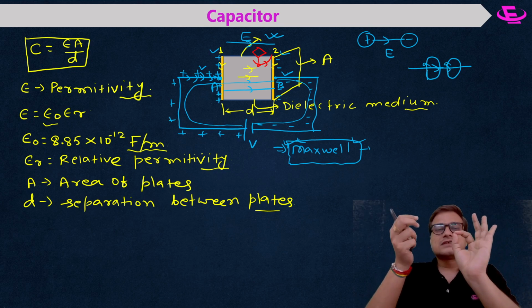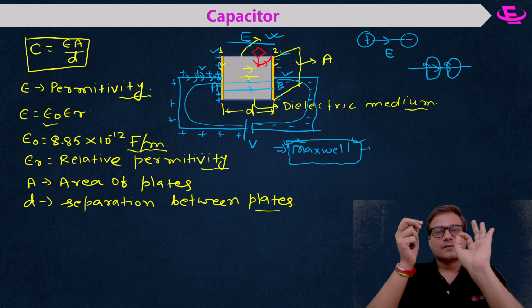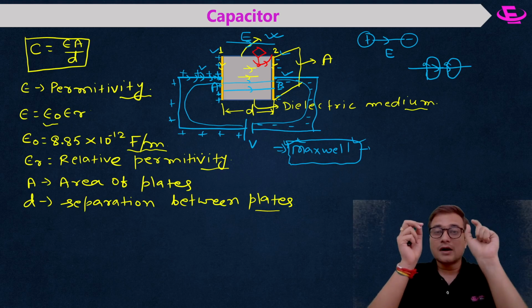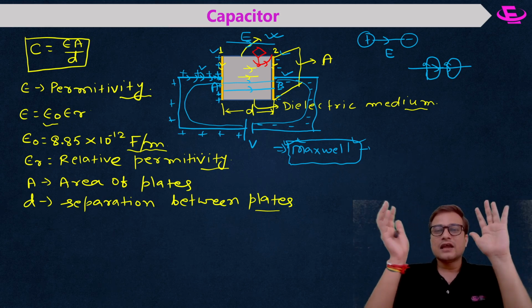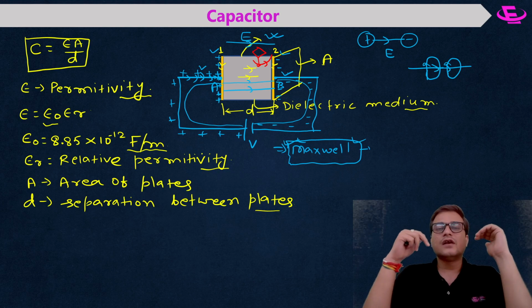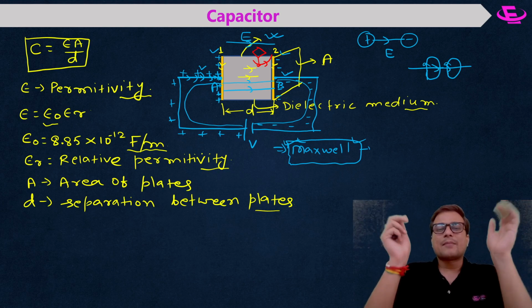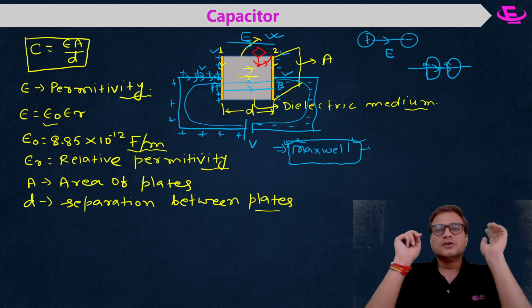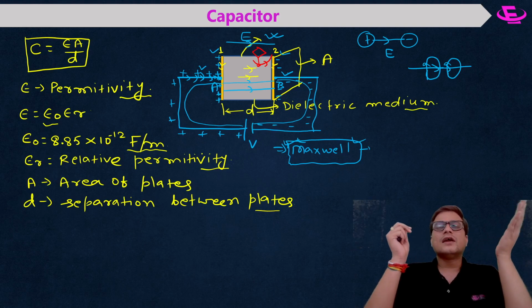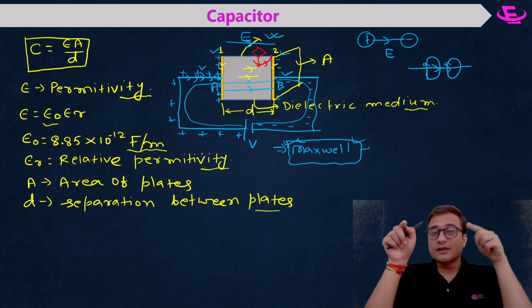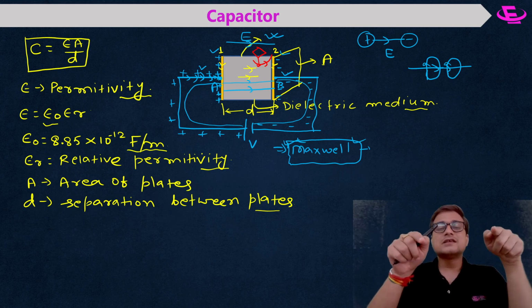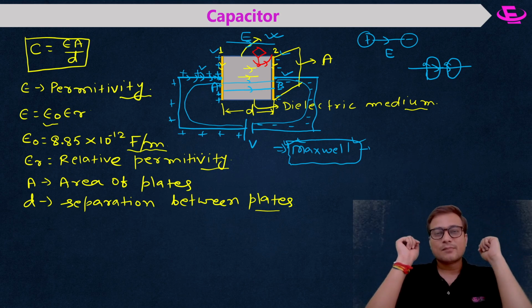But that deflection was for a very short period, but there was deflection in the magnetic needle. So he was surprised, and he started telling everybody that there is a magnetic field inside the capacitor plates. So now people asked him, okay, there is a magnetic field, so what will happen? He told that no, if there is a magnetic field, that means there is current inside the capacitor plates.